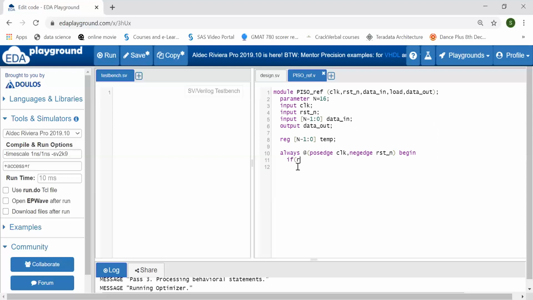If not reset n, then temp is equal to 0. I can simply write temp is equal to 0 because I don't know the size of my temp, so my tool will automatically optimize these things.